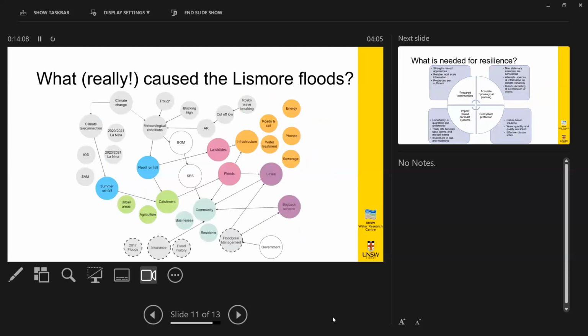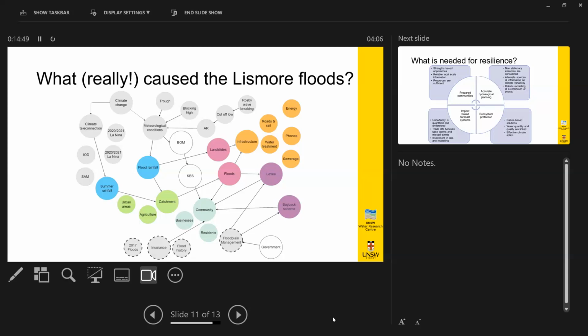So what really caused the Lismore floods is that it is a really complex ecosystem of challenges that are over temporal scales and spatial scales. So, for the fact that heaps of people in the community can't get flood insurance now. Why can't they get flood insurance now? Because of the 2017 floods and because of the flood history. The floodplain management has been based on our historical records of floods since colonial settlement of the Lismore area in the 1850s. But traditional knowledge of the local people suggests a range of other information about floods.